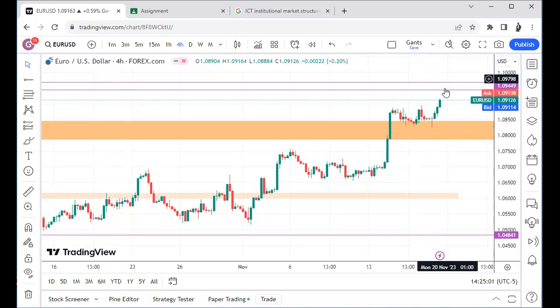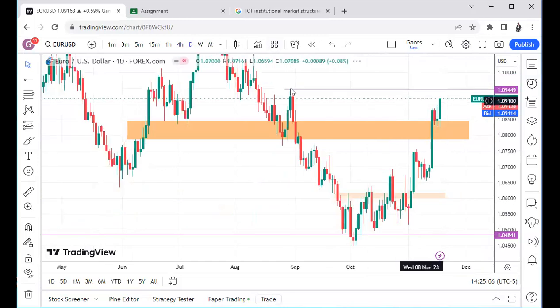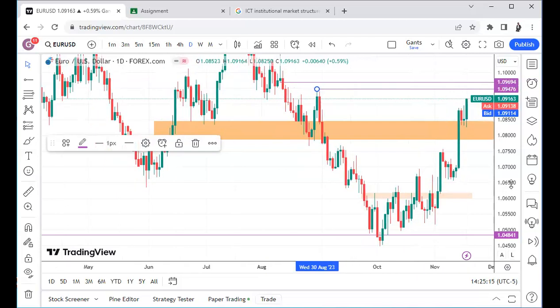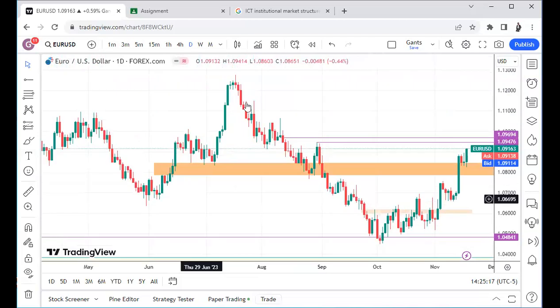And once it takes this liquidity on daily time frame, this old high here, once it takes this out, I'll be comfortable to sell this thing. All right, so that's my anticipation going forward. The next pair is the